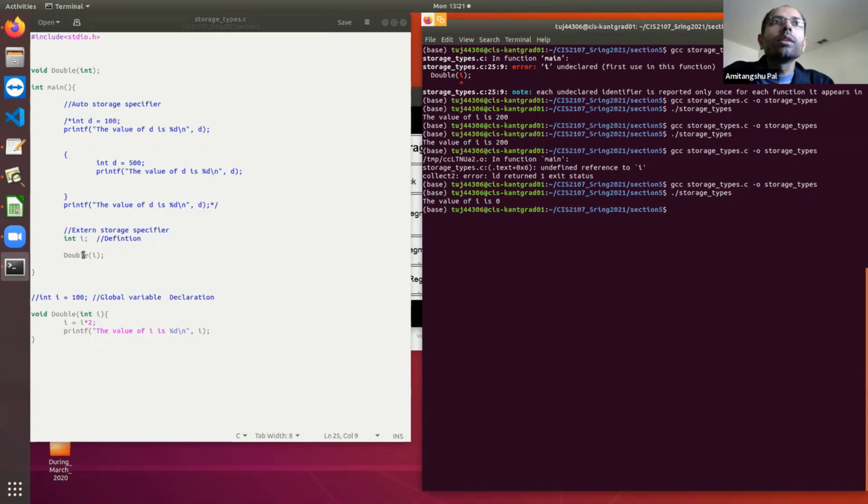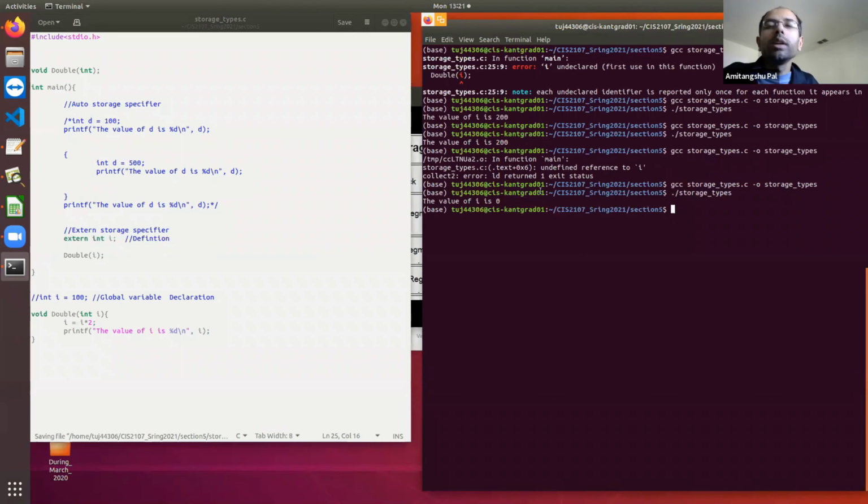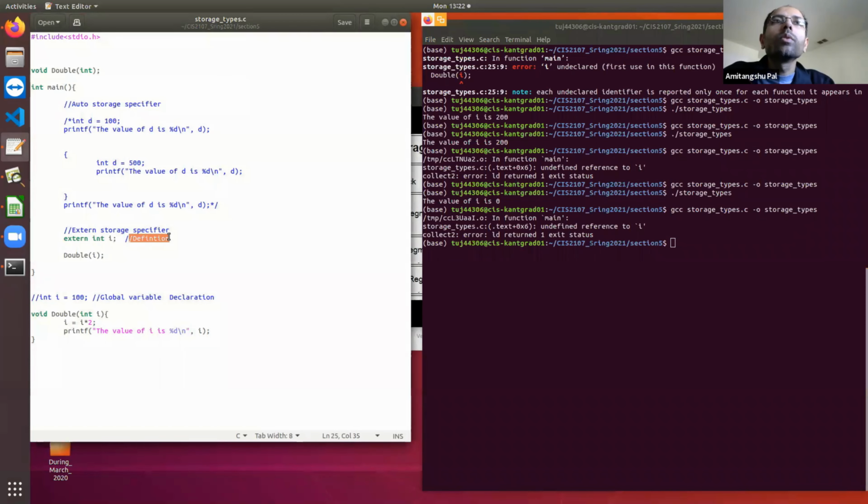It is not initialized to 100, but it works. So that means int i is a declaration, and it will run properly. If you write the extern keyword, it is not a declaration and it is not going to run properly. The extern keyword is only saying that i is declared in a global space somewhere in the program.